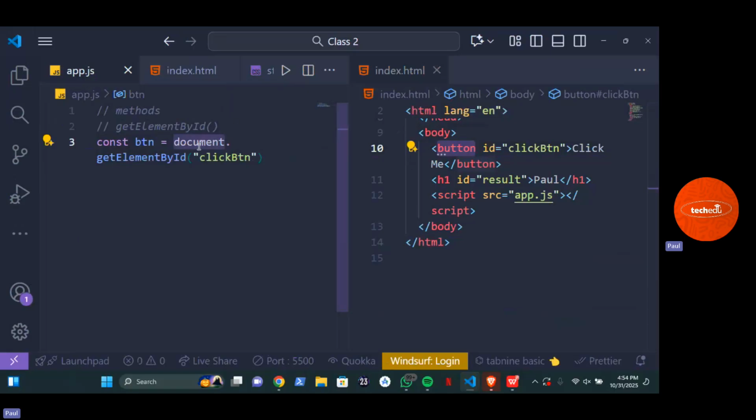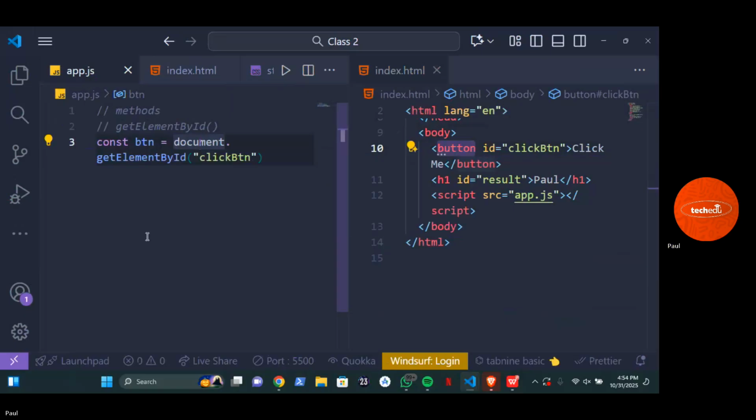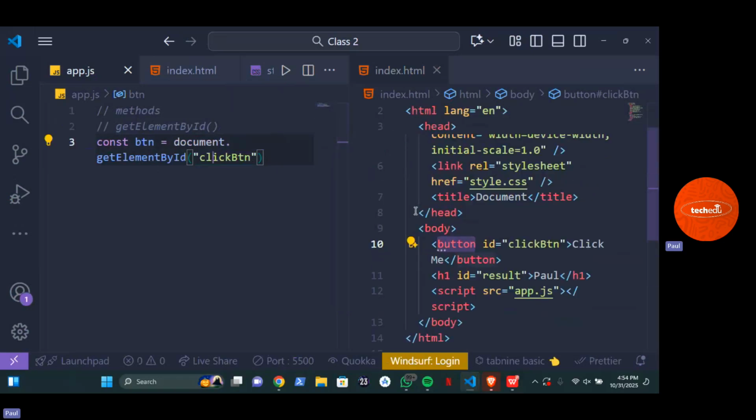So it's saying document dot getElementById: the HTML, which is your document, is getting one particular element by the ID. Any element that has this ID, click button, is going to be fetched from your HTML. Do you understand? So if I come here and say click BTN, automatically your DOM knows that